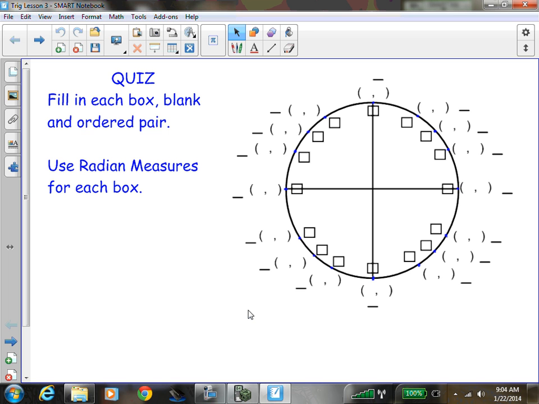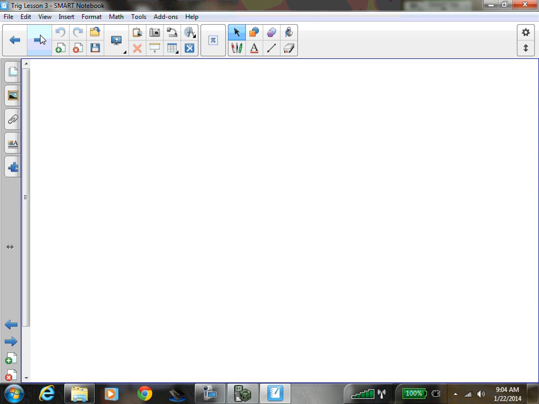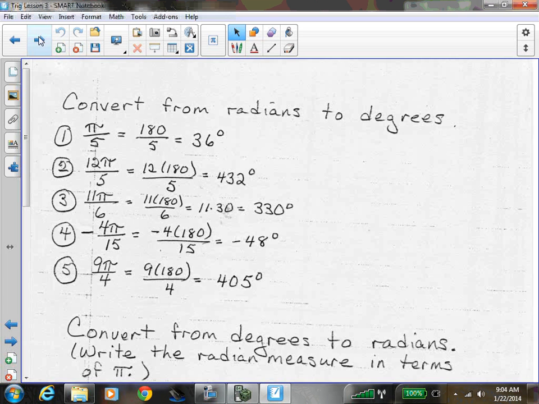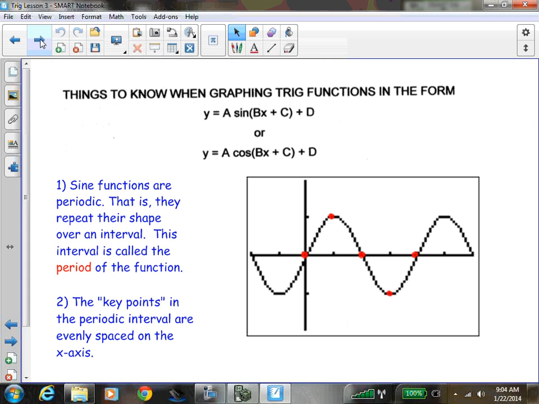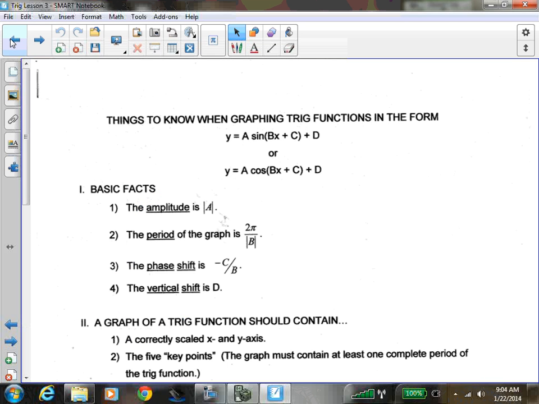All right, now I have this sheet on here just to remind me to give the quiz at the beginning of the class, and so since we're going to be starting here, we'll just have that quiz obviously next time. All right, so, and those are the answers to the things you're going to get. So right here,